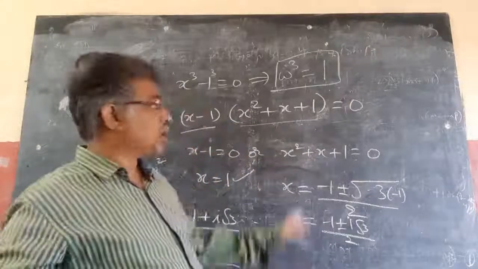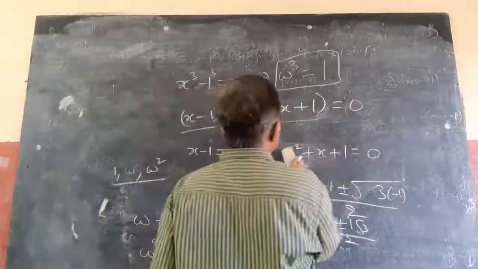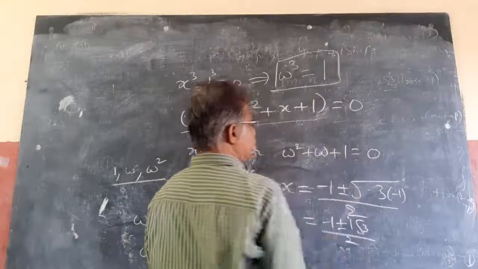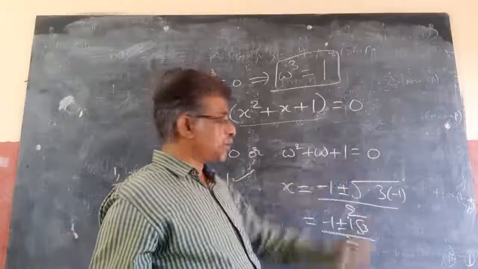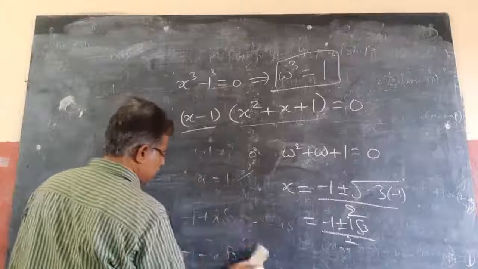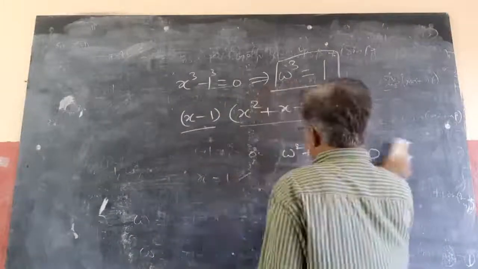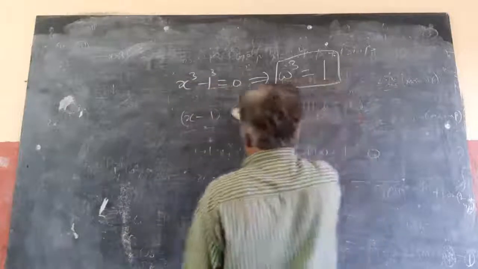Cube roots of unity means 1, omega, omega square, and omega cube equal to 1, and omega is a root of this also. If I substitute here, what do I get? Omega square plus omega plus 1 equal to 0, since omega is not 1, means 1 plus omega plus omega square equal to 0. So, whenever you come across cube roots of unity, what I want to say is,